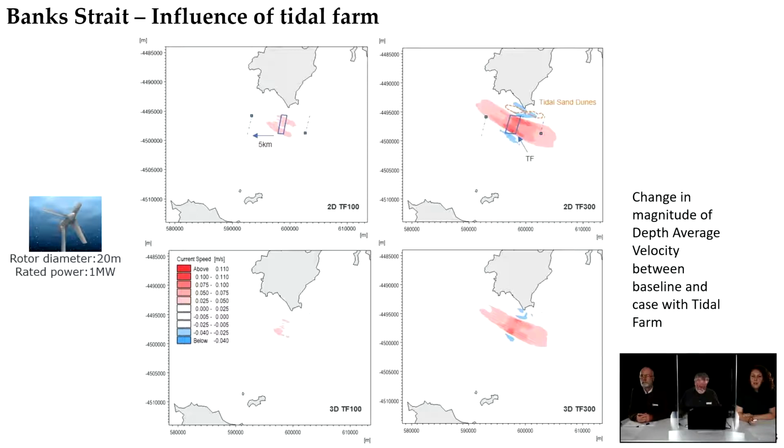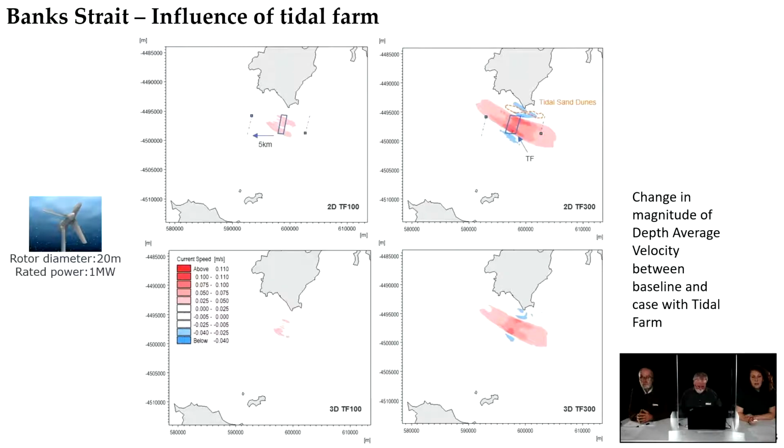But for the 300 turbine, the spatial extent goes beyond 7 kilometers. So there is more significant change. The difference between 2D and 3D is not significant for the depth average velocity in this case. But after, we had more